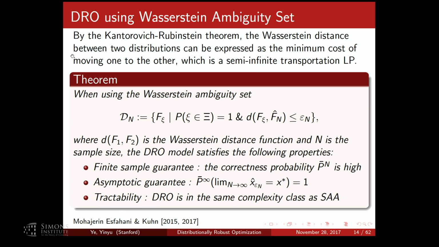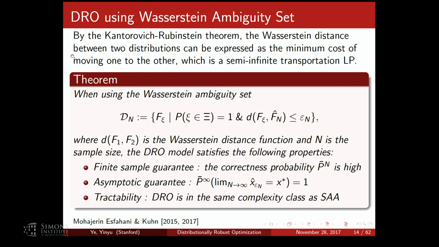Okay, it's convex. This is basically by a couple of people, especially Kong, and they have a finite sample guarantee. You can prove the correct probability is high with n samples, big N. You can prove that as n goes to infinity it is still unbiased, goes to 1. And then you also say the complexity again depends on the objective function, convex functions. A lot of things happen, and you have the same computational complexity as the simple sample averaging approach.